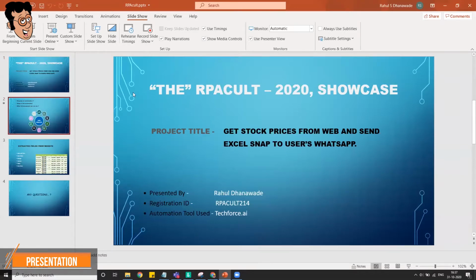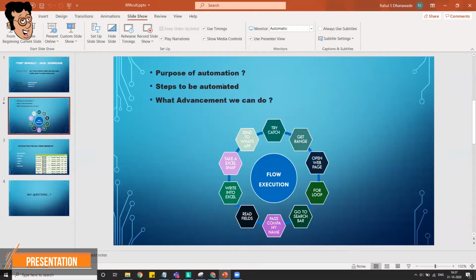So the purpose of this automation, why we are doing this? This is the main thing we need to think about every time before getting into the automation, whatever the process, irrespective of it. What I'm thinking is, there are many stock market brokers doing their work on a regular basis, and they want this data from the website: how the stocks they have invested in are performing every hour or periodically. So what we are doing here is we will give them updates.